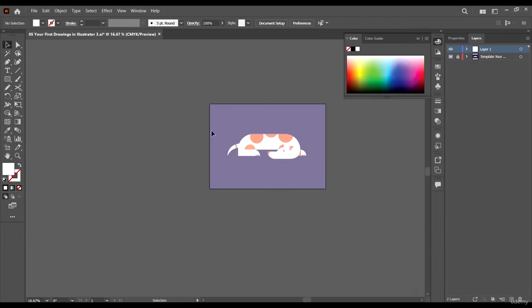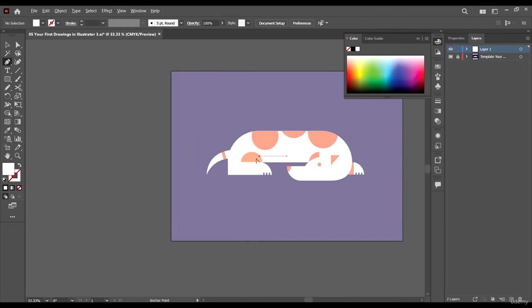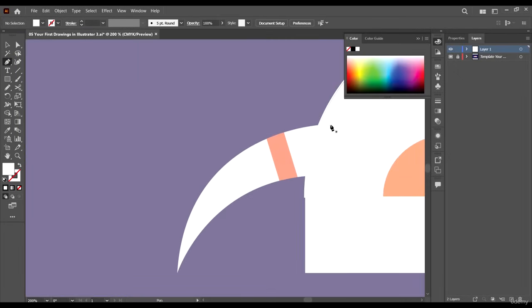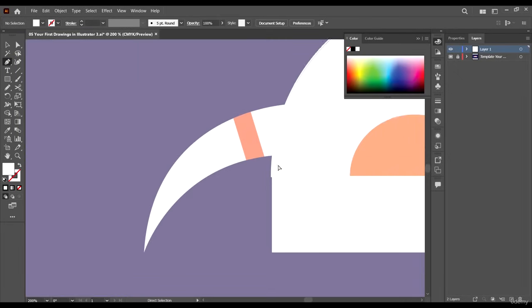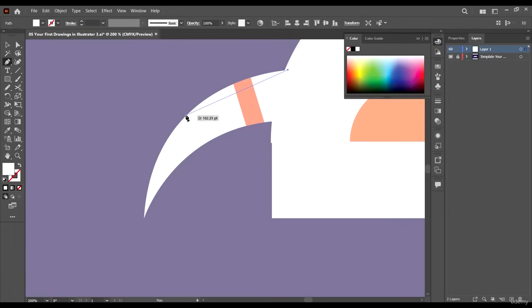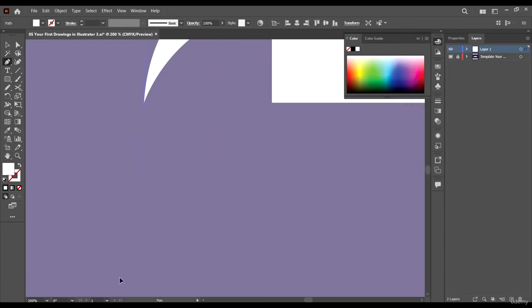Just delete this. Where we want to use this pen tool for the first time is this tail here. Click here, come here and drag it out like this. Then click here and come to the end like this.